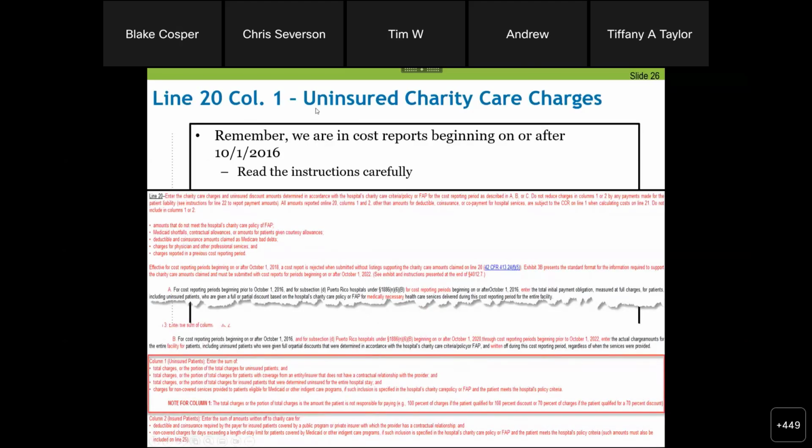Column 1, we're talking about uninsured charity care charges. Now, as I said, the instructions are much cleaner. This is uninsured, so it should be the total charges or the portion of the total charges for uninsured patients. That's the easiest piece. Total charges